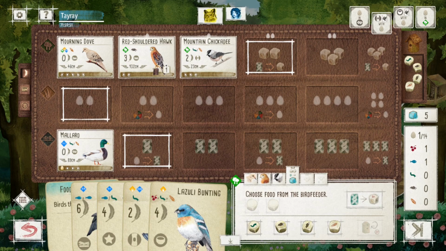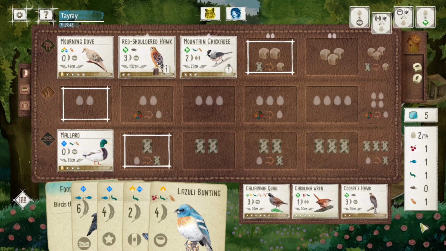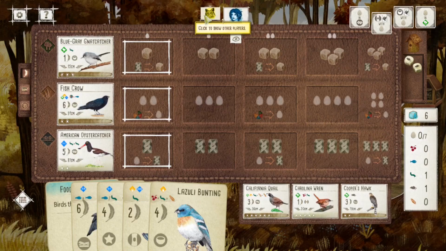And I think the tray and the food work out really well for me in this round 2. If you look at the hands I have here, I have the martin, which is must play, and then I have the lazuli bunting, my second grassland bird, and I also have the tern, which is perfect as I need another bowl nest or star nest for the bunting. So,